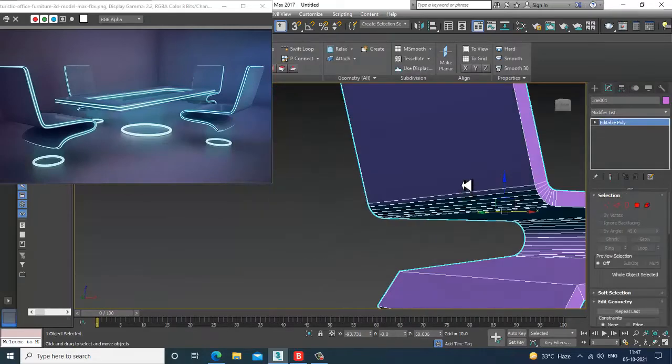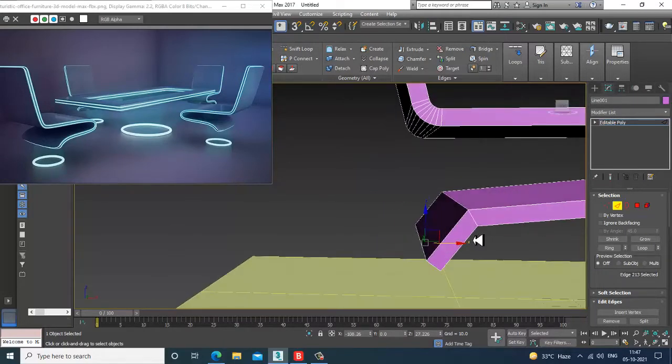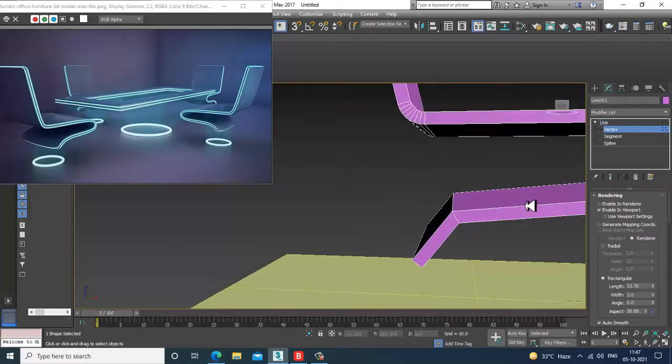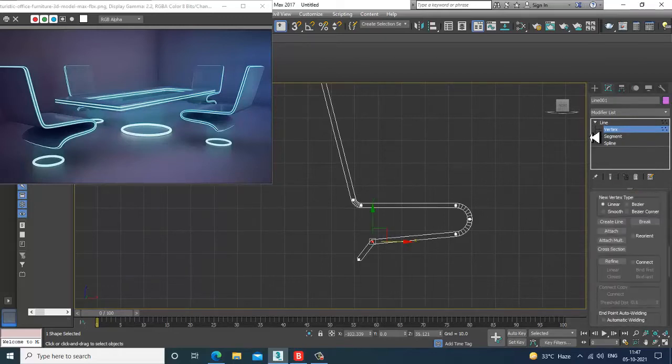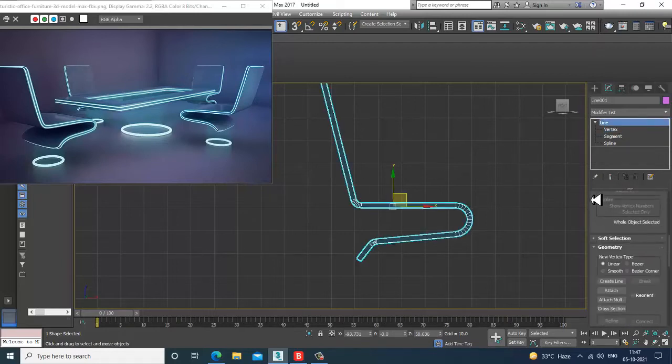Before that, I'll select this and give a bit of fillet, and increase a bit of its width.